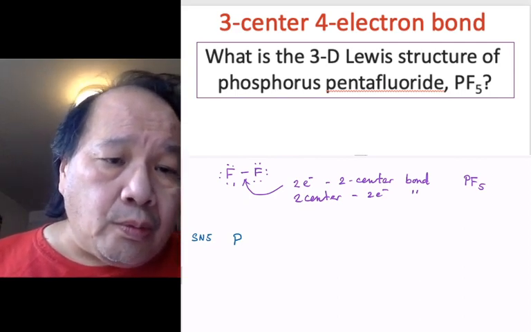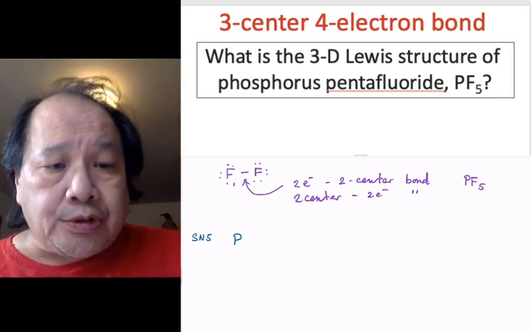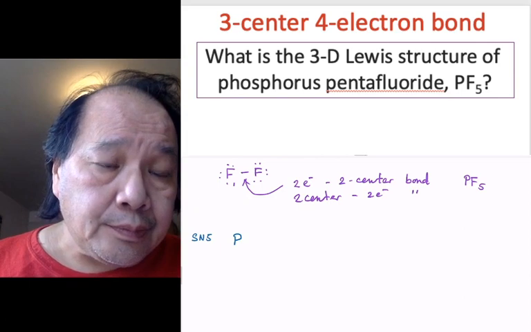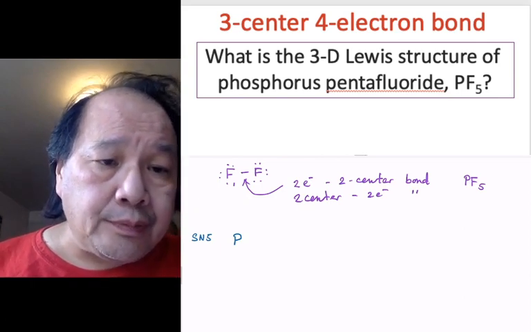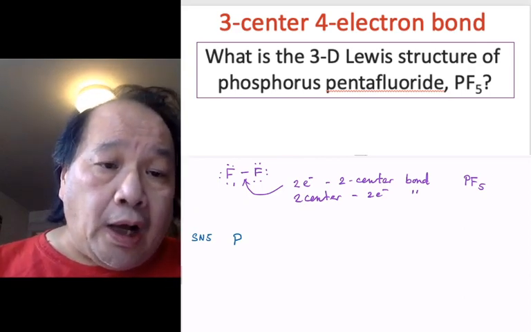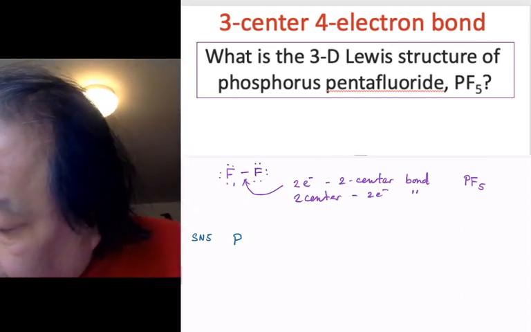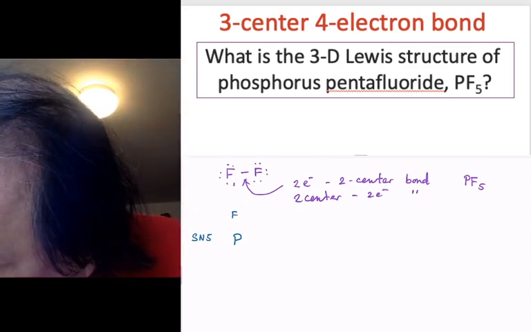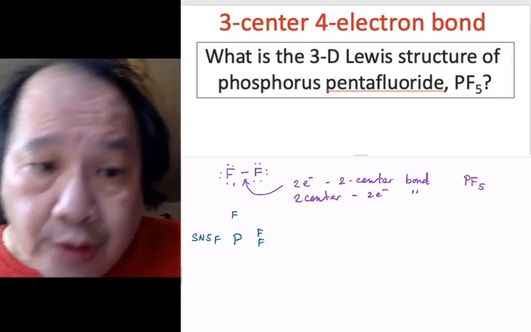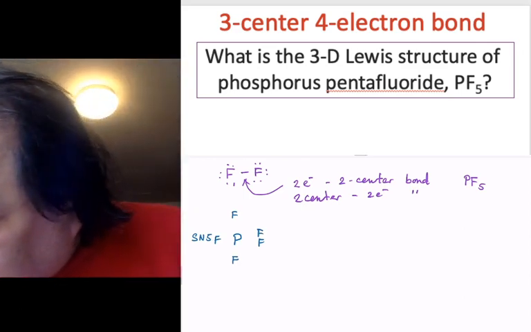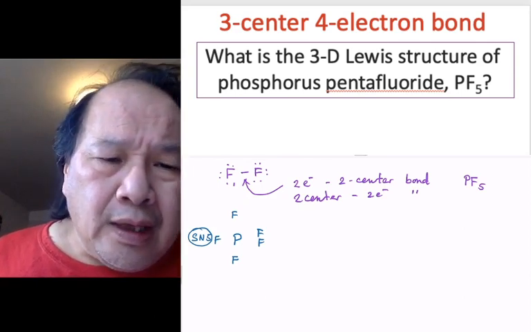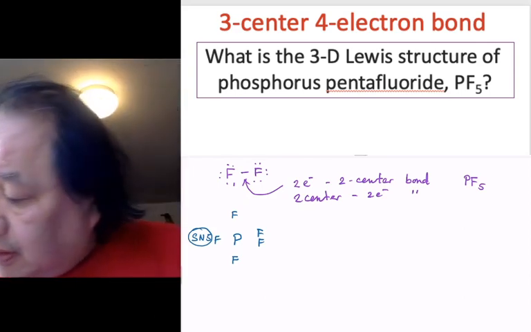And at this point, what should I draw? And more to the point, what should I not draw? Put it in chat. We don't draw the bonds. We know where the atoms are located in a trigonal bipyramid, but we don't yet know the bonding. Here, I know my fluorines are in a trigonal bipyramid, 3 equatorial, 2 axial, but we don't yet know the arrangement of the bonding. And already we can see the bonding has got to have a problem,